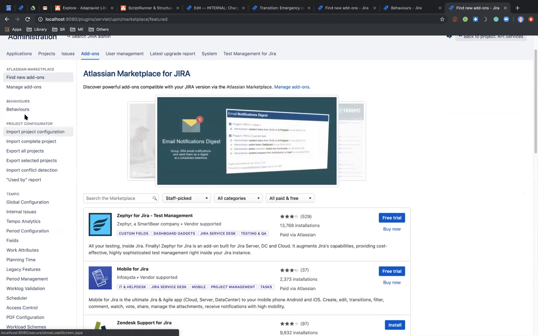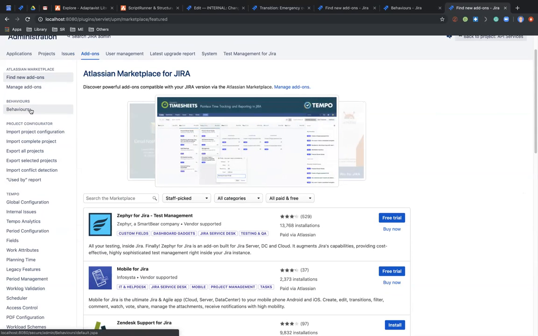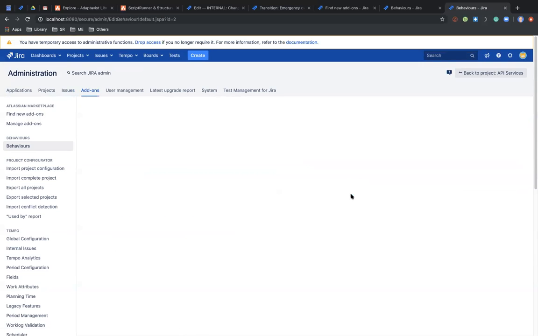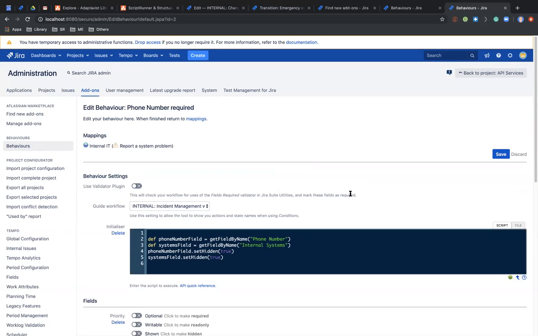So once again, you navigate to behaviors from the Jira menu, not within the ScriptRunner plugin. So behaviors are functionality that allows administrators to create one or more behaviors. A behavior defines how fields behave for issues in a given project or issue context. Some examples of